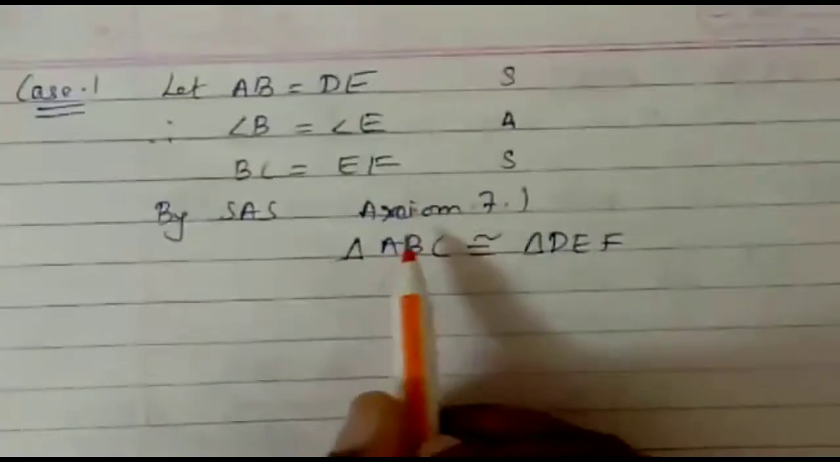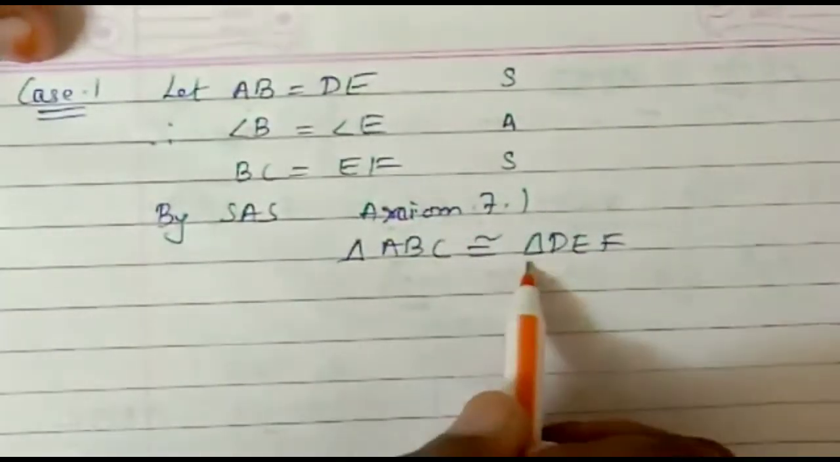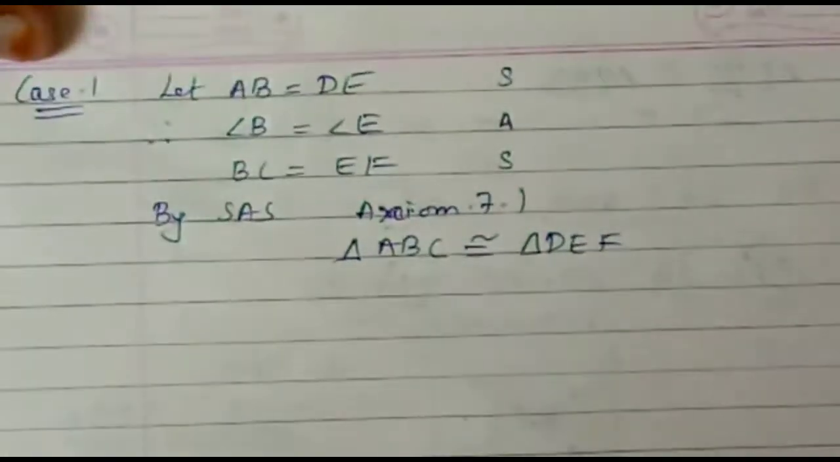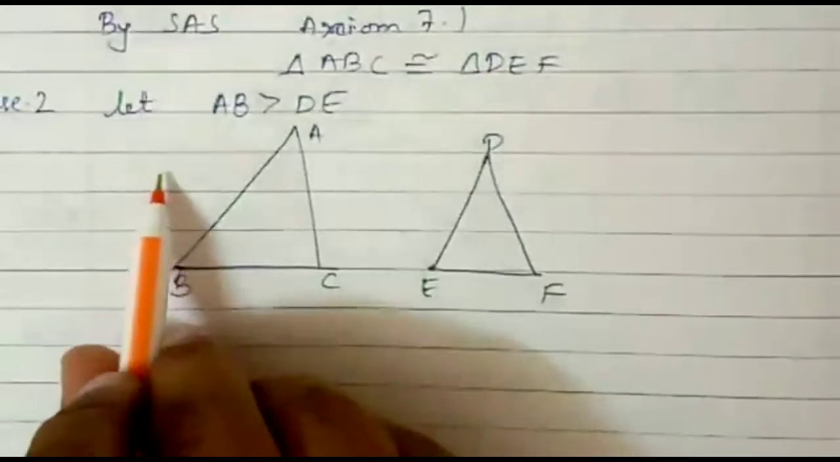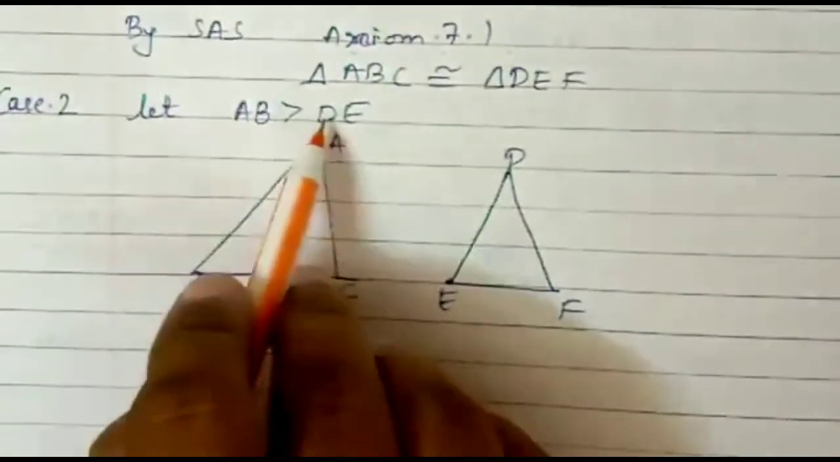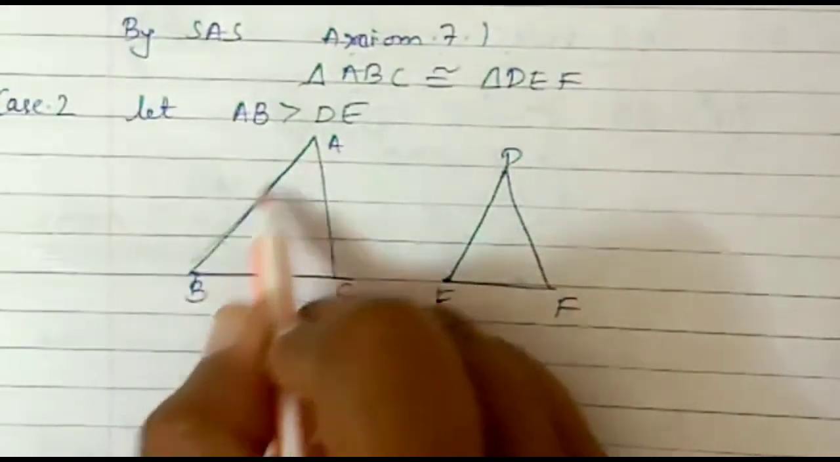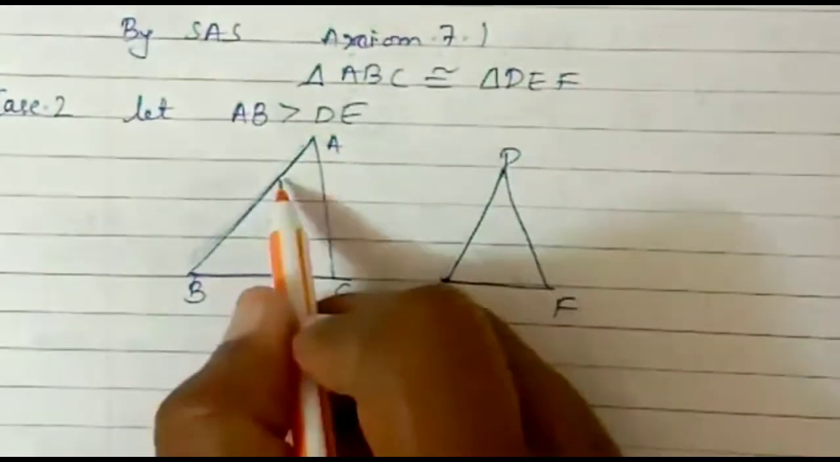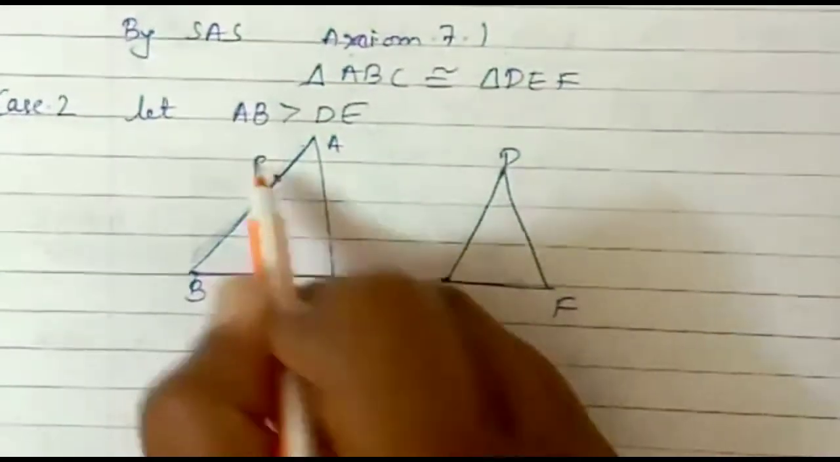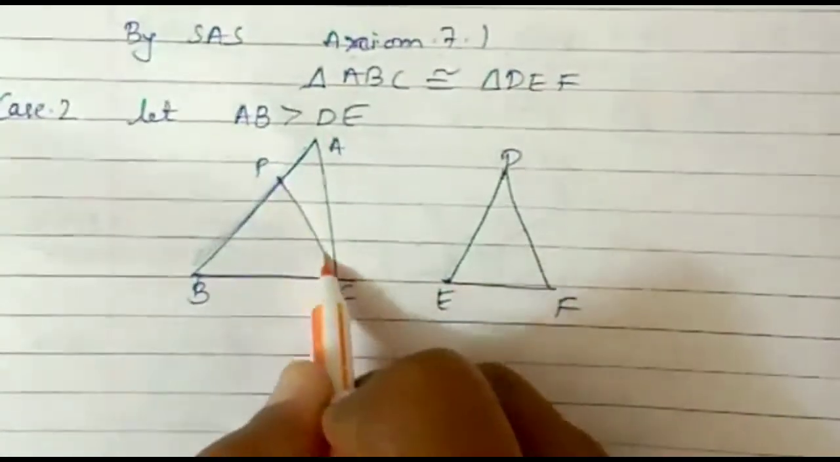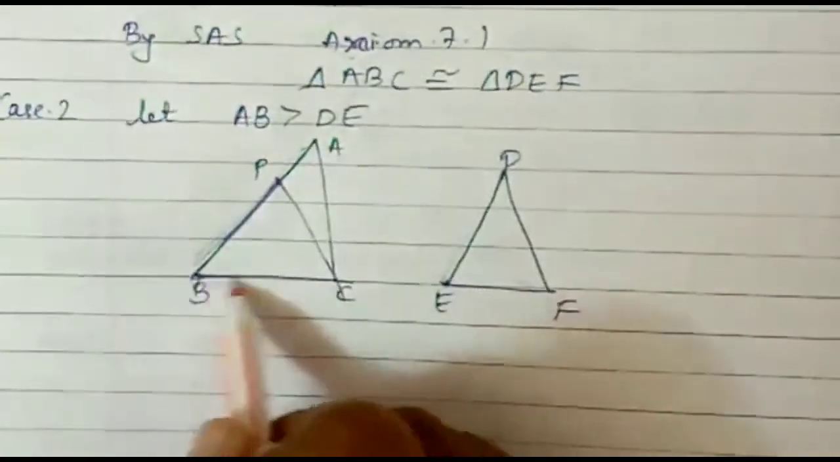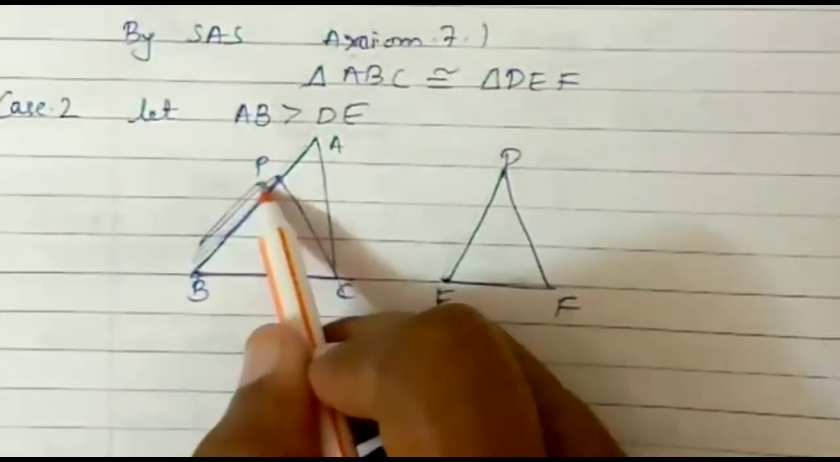So by axiom 7.1, triangle ABC is congruent to triangle DEF. Now the real thing starts with case 2. In case 2, let us suppose AB is greater than DE. So suppose AB is bigger here and DE is smaller, so we will get a point P. Let us take a point P in such a way that PB should be